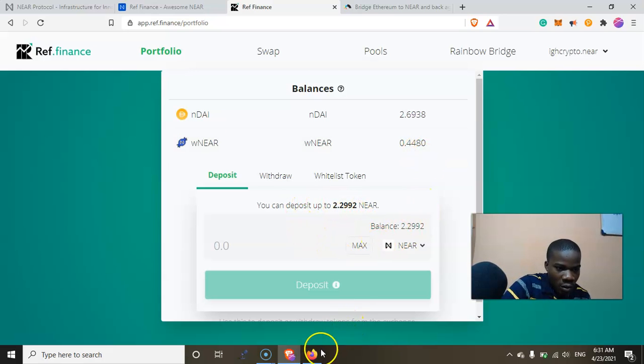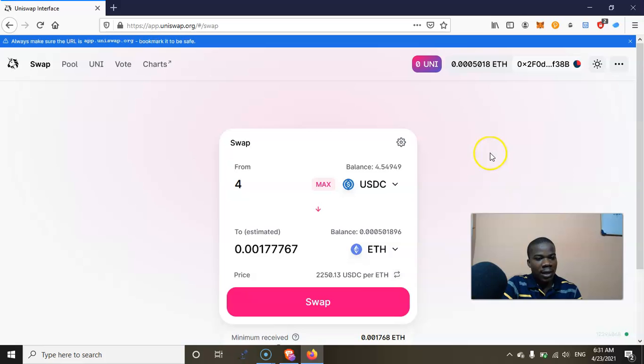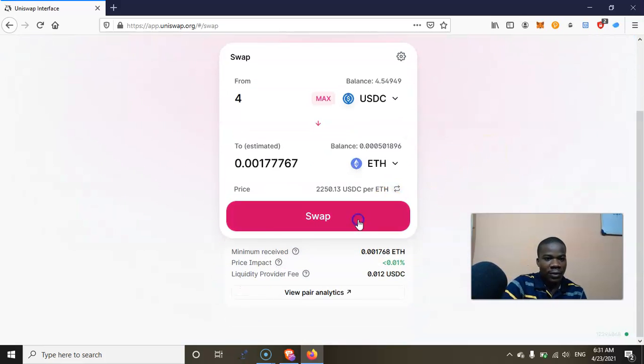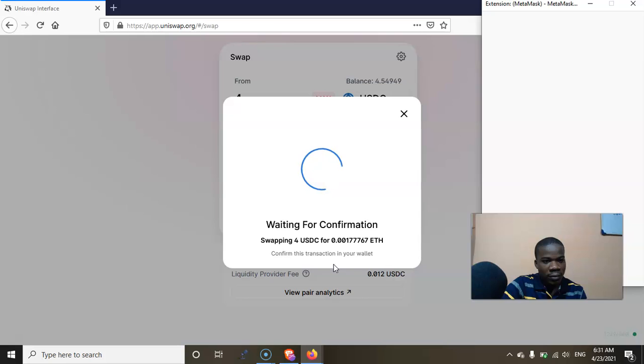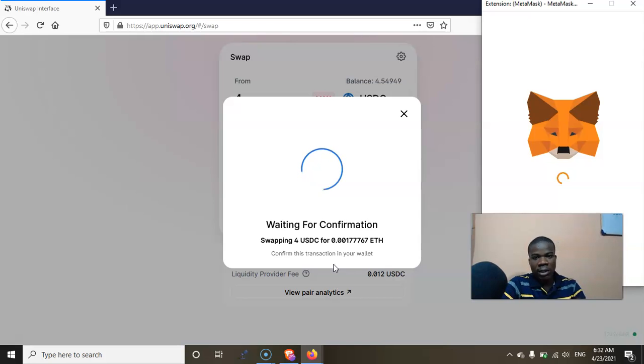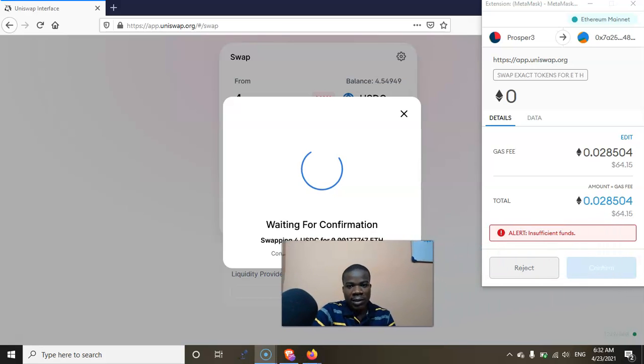Now let's go to Uniswap and let me try to do something. I have, I think, like 4 USDT. Now the swap is on Ethereum, irrespective of the amount you have. You will see there's a big fee that will pop up. So you are seeing how much this is, the gas fee already. It's not because I'm swapping for USDC. This is the amount generally to do a trade. So you see that